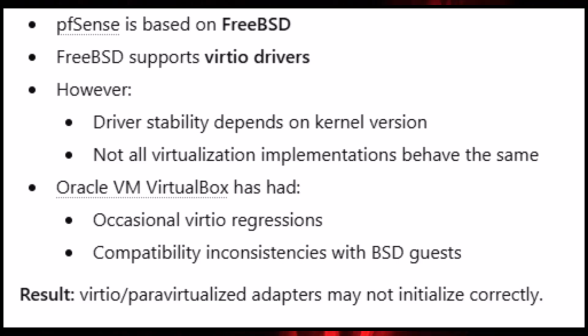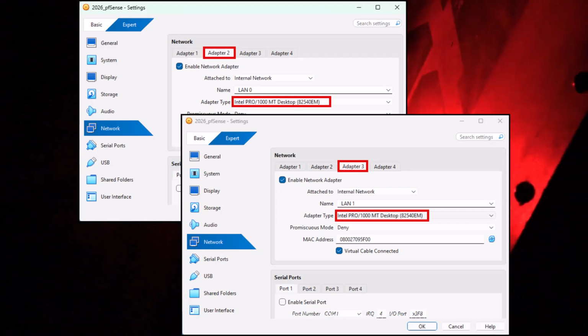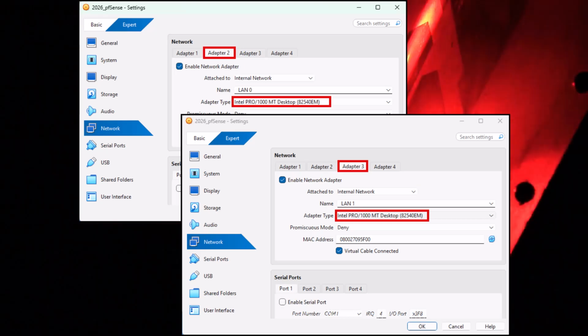So some VirtualBox versions have regressions or incompatibilities with VirtIO that affect the BSD guest. So if you run into problems with a paravirtualized adapter, just use the Intel PRO/1000 adapter, and it should